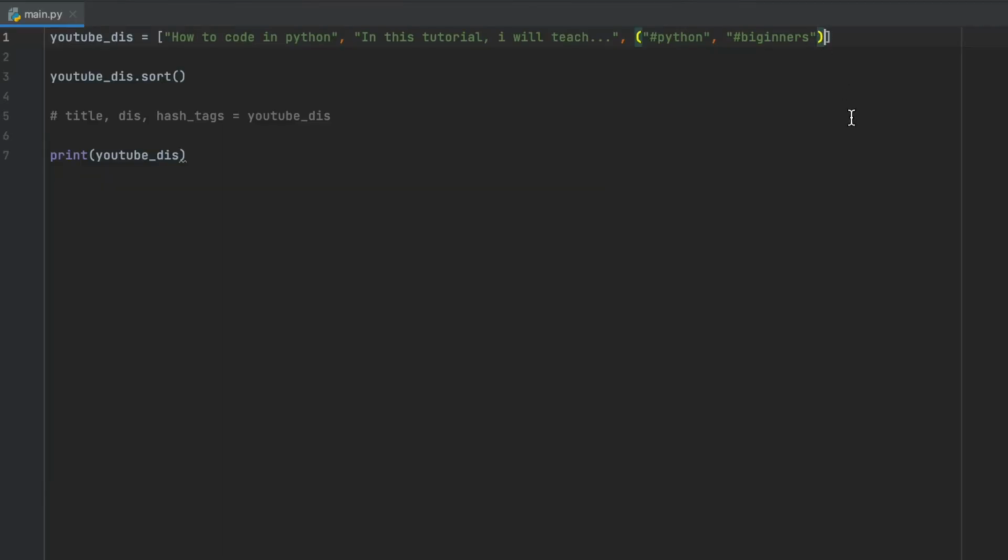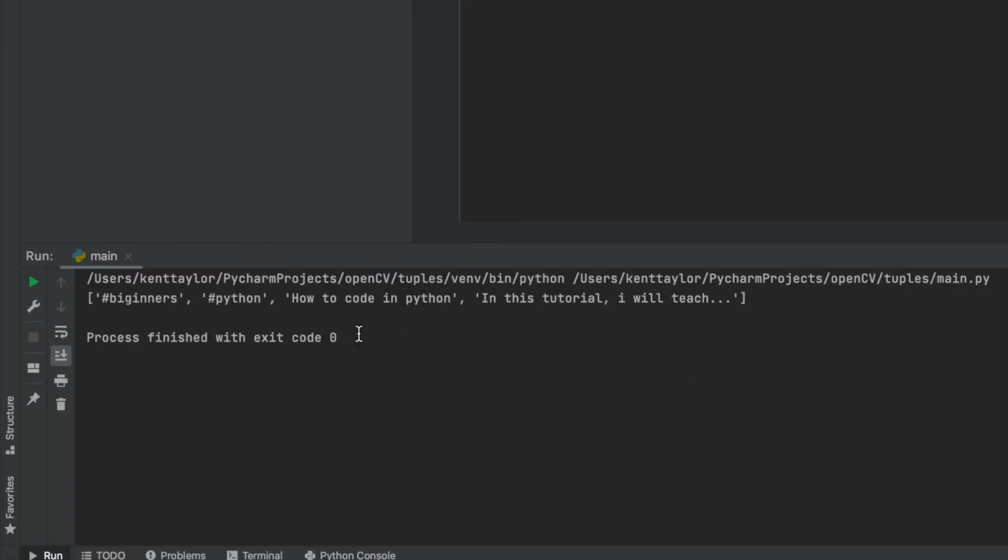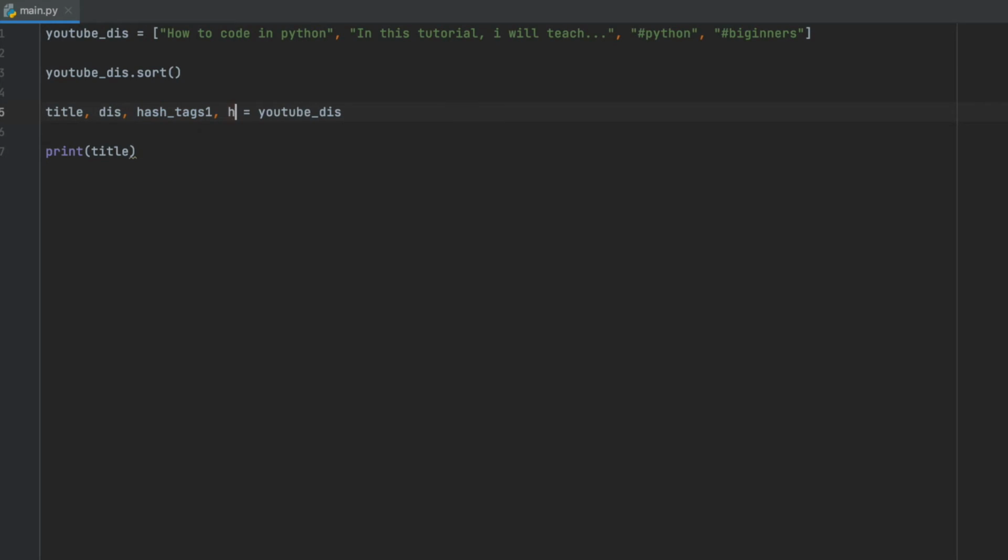So let me get rid of these for now because it's going to give it some weird errors. But if I try to sort this out, you can see that it tries to do an alphabetical order. We've got more values now, so I'll say hashtags 1 and hashtags 2.